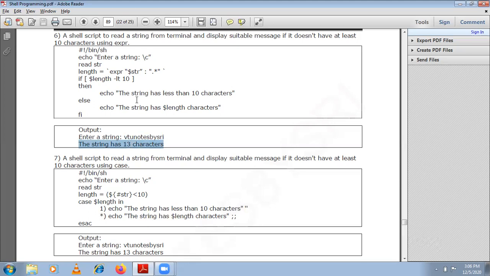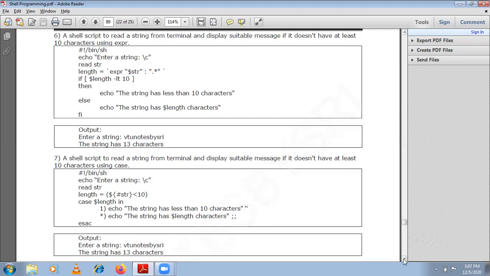So this is how you can write a program to read a string from the terminal and check whether that string has less than 10 characters or more than 10 characters. If it has more than 10 characters, we will display the number of characters the string has. So you need to find the length here. How can you find the length? First you need to obtain the string itself. For that you perform the pattern matching. You are finding the substring. How are you finding the substring? You are finding the strings which have 0 or more characters. That means even a single character, even a space, will be counted as one length. So totally you will get 13 as the length, which will be printed accordingly.